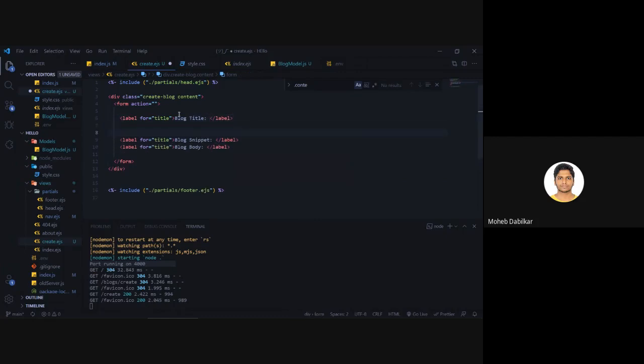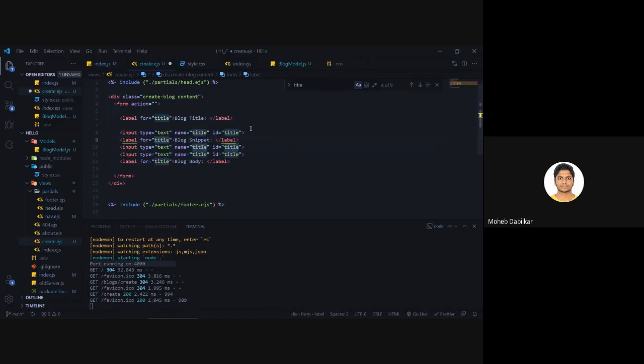All right, then we will have an input as well. So let's say input, its type is text, and then name. You have to pass in a name, else it won't work. And id, it is not necessary, but I have it. This name will be sent to the database, so whatever is inside your input will be sent to the database. All right, so one for snippet, one for the body, and